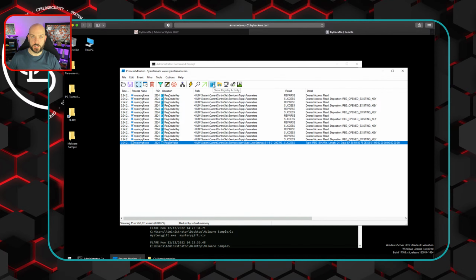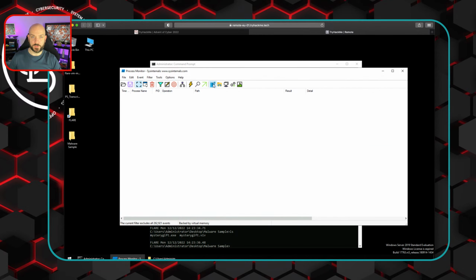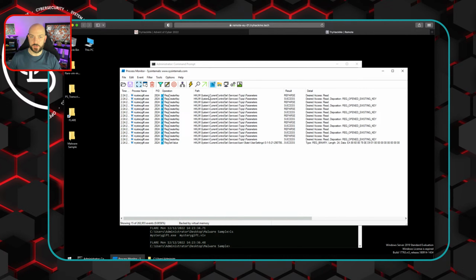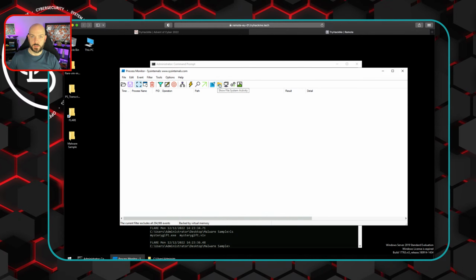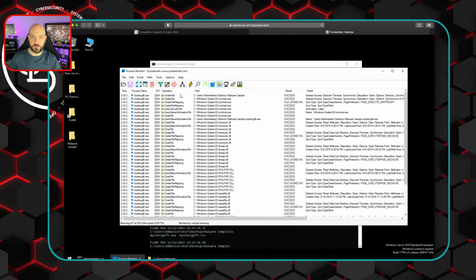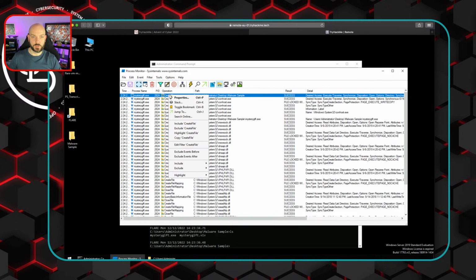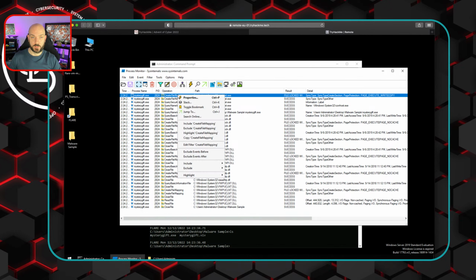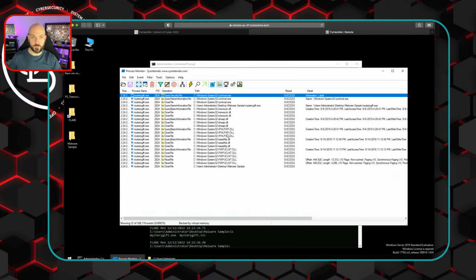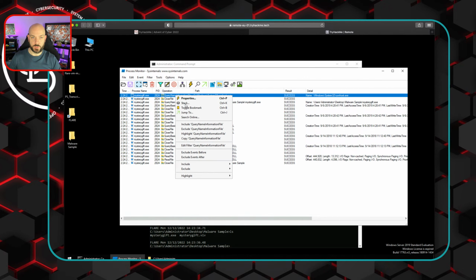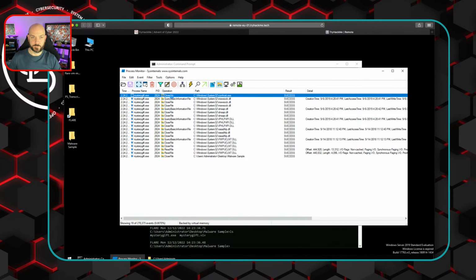So we're going to declick this. It's still going to be there. We can come back and it's still going to be set the way that we filtered it. So don't worry about that. But we're going to come over here and we're going to do the same thing. We're going to exclude a whole bunch of stuff to kind of narrow down the scope of what we're looking for. So we're going to exclude create file, exclude create file mapping, querying, query name,